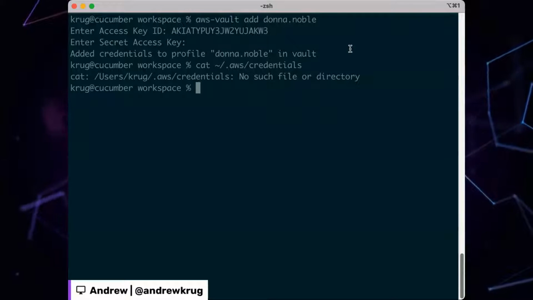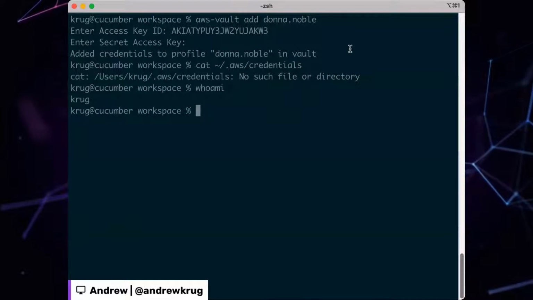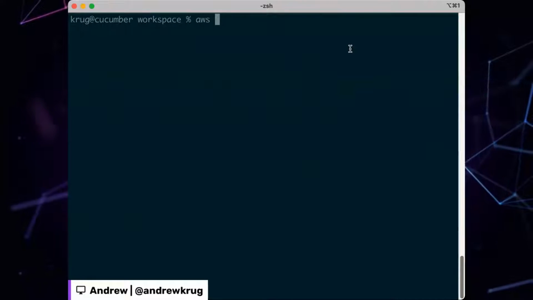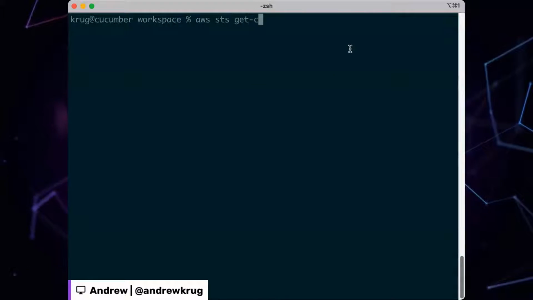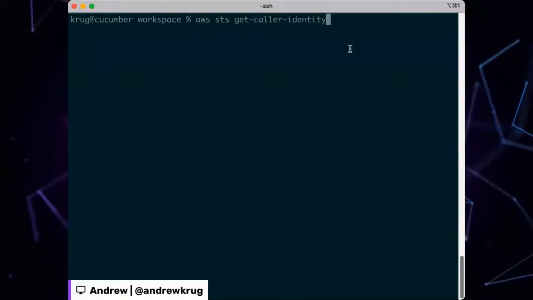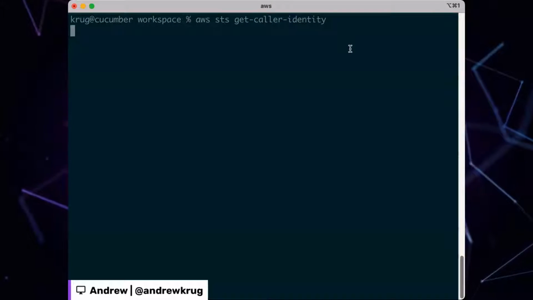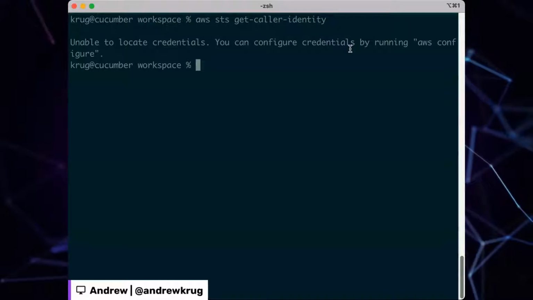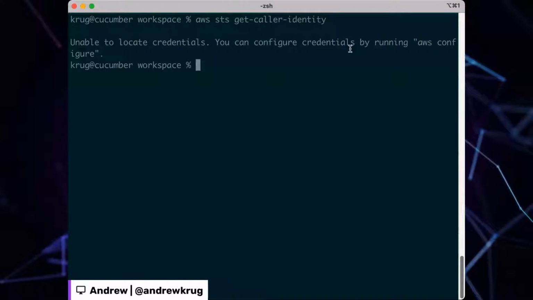I mean, the answer in Linux is usually, who am I, right? Because you want to see if you're root. So the equivalent of that in AWS is, of course, aws sts get-caller-identity. That's so much longer. It is. It's super long, but we have no credentials on the system, right?